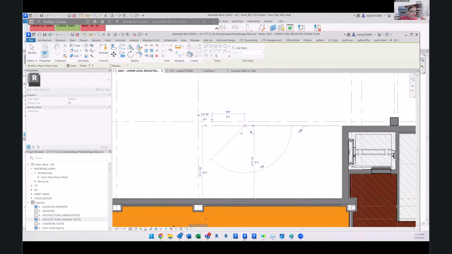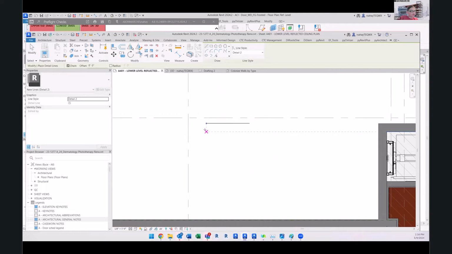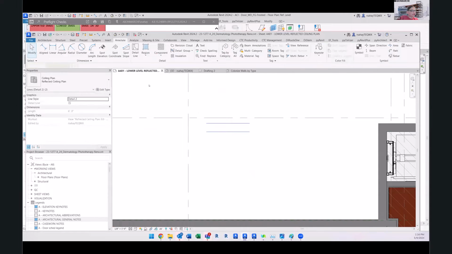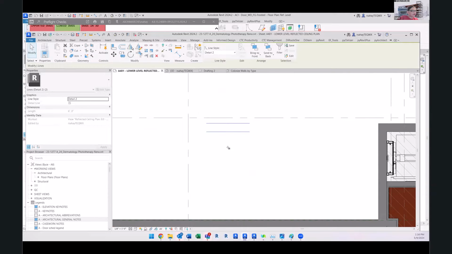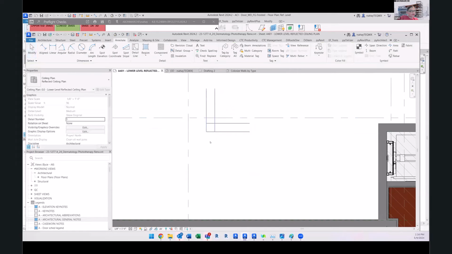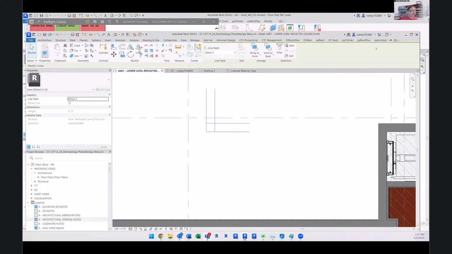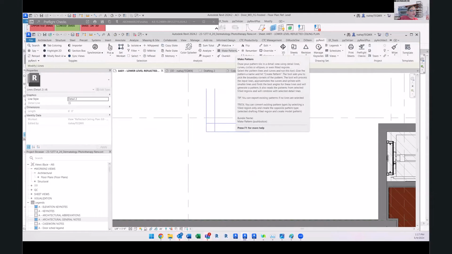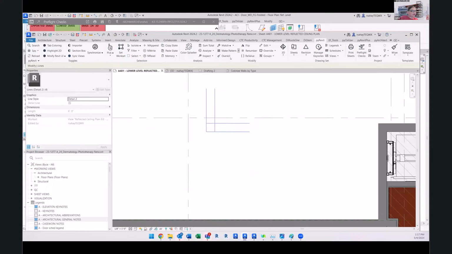I'm just drawing with regular lines. And let me see if I can mirror these. All right. So now if I start off with this line work selected and I go back into make pattern,